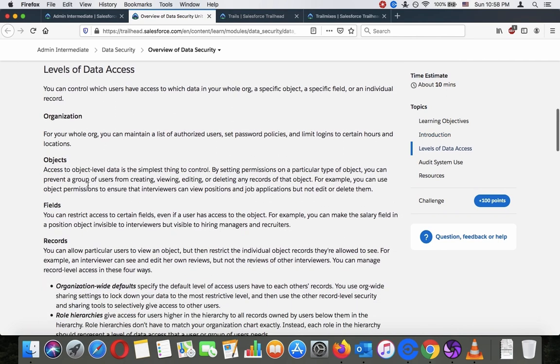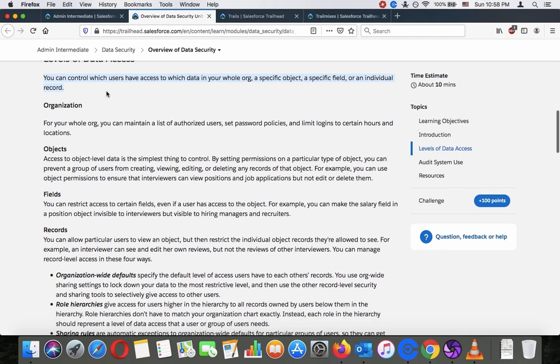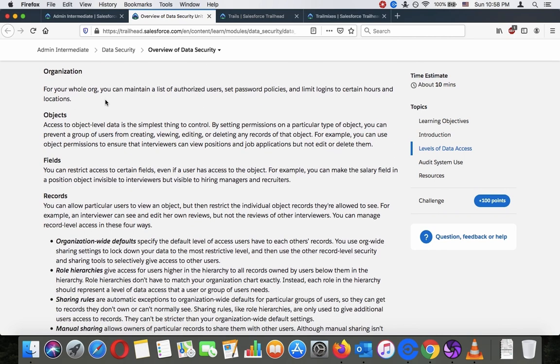Levels of data access. You can control which users have access to which data in your whole org, a specific object, a specific field, or an individual record. Organization. For your whole org, you can maintain a list of authorized users, set password policies, and limit logins to certain hours and locations. Objects. Access to object-level data is the simplest thing to control. By setting permissions on a particular type of object, you can prevent a group of users from creating, viewing, editing, or deleting any records of that object. For example, you can use object permissions to ensure that interviewers can view positions and job applications,